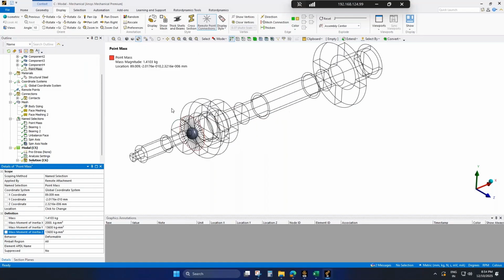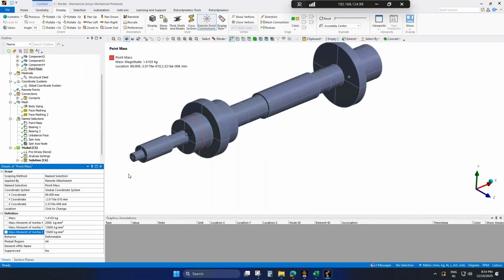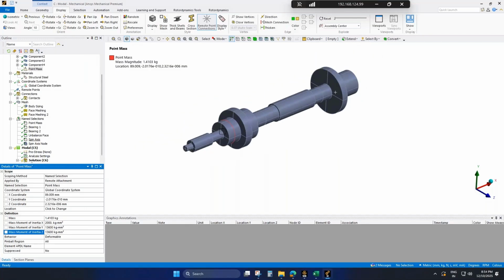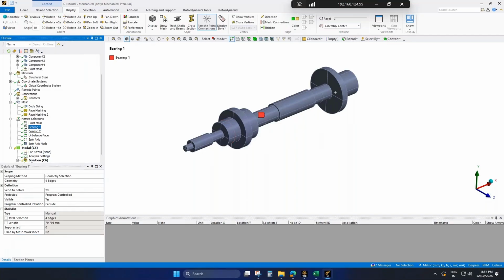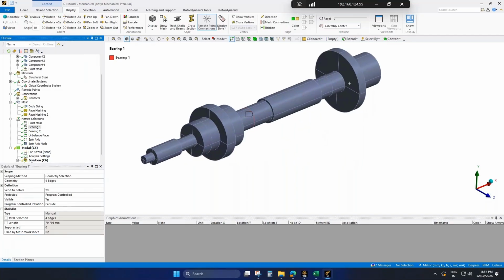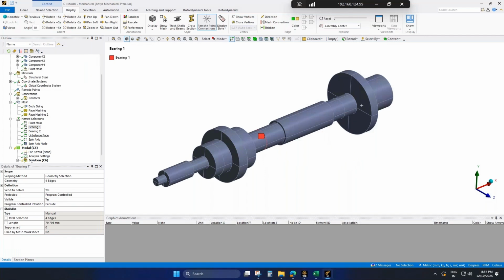With that, I have defined a point mass. You could see right here, it's just a visual representation that we have created a point mass. I have also created name selections at the locations where the bearings are going to come.